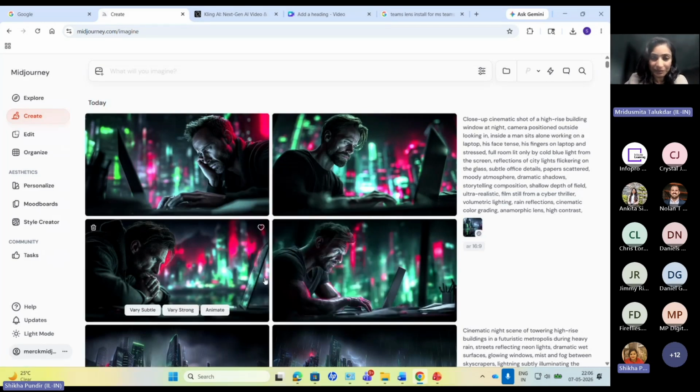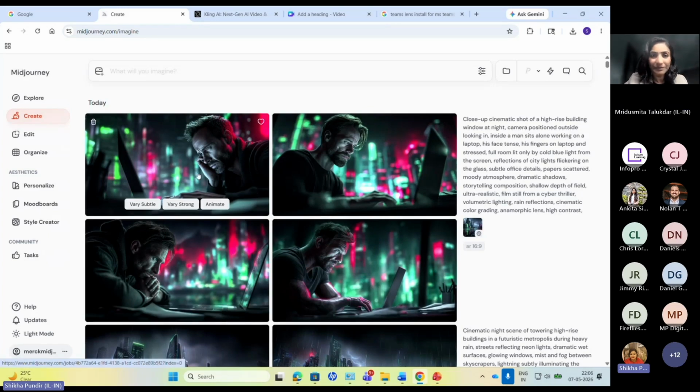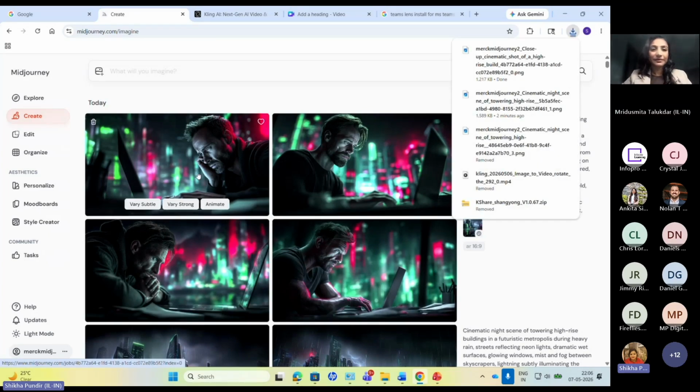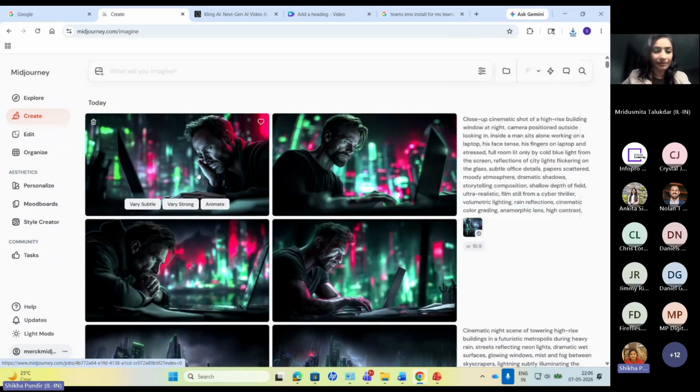Basically, while saving it, let me just talk about it a bit. Midjourney generally takes less time to generate images and videos than Kling. Kling is a little bit heavy software, and it has different modes to generate videos. We use Kling to generate videos from images, and the production process takes a bit longer than Midjourney.